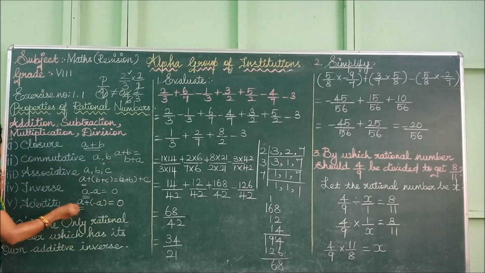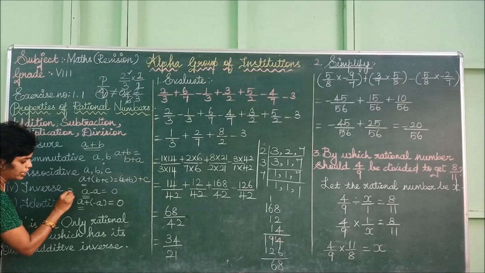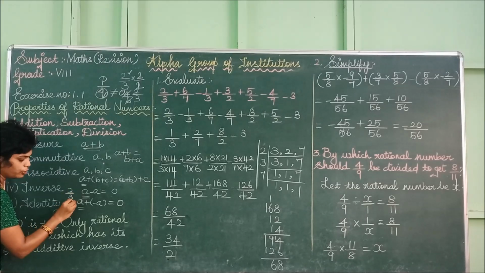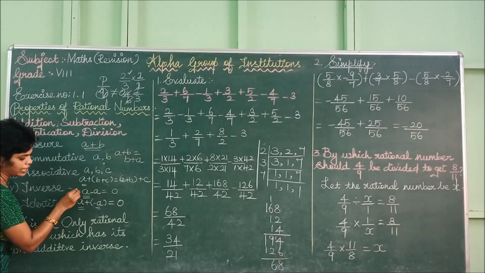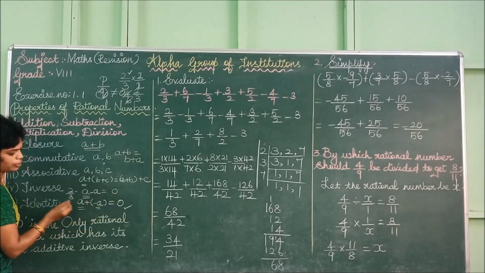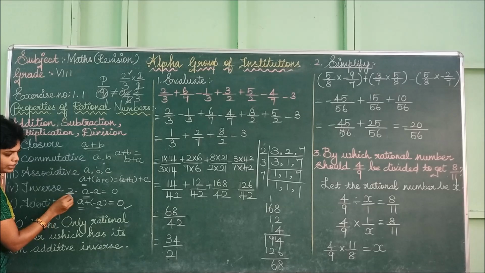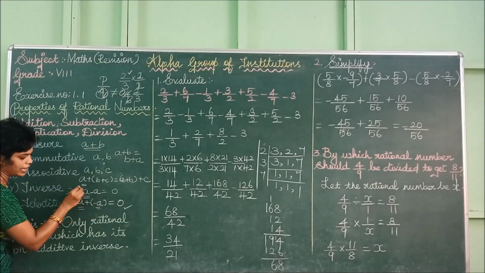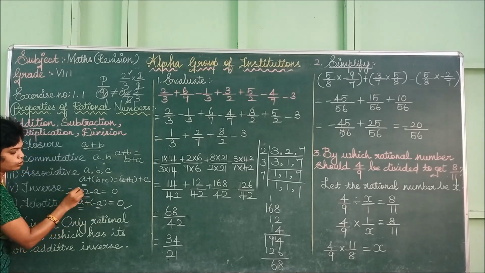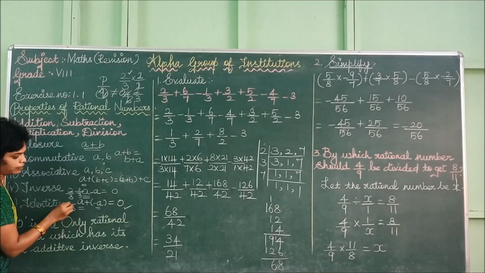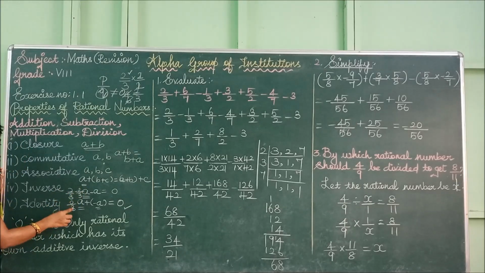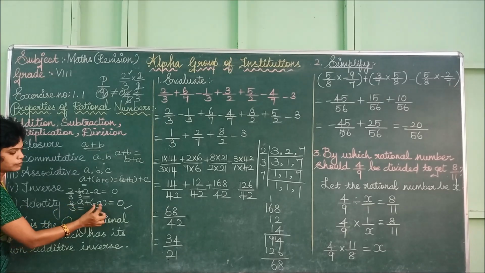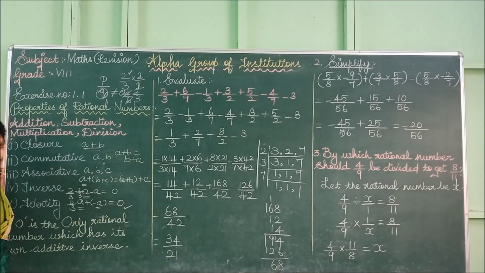If you take the number 2 by 3, when you take the value that is negative only, you get the result as 0. So I am taking A as 2 by 3. If you take minus A as minus 2 by 3, both the denominators are same. You can subtract the numerators. 2 minus 2 is what? 0. So 0 by 3 is 0. So now we can say A plus minus A is equal to 0.